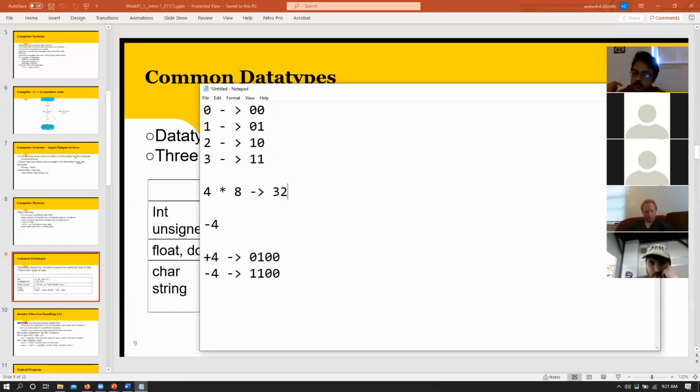Now that gives you certain restrictions. So let's say that your computer has reserved only 2 bits for your integers. That means that I can have 00, I can have 01 as my 2-bit values, I can have 10